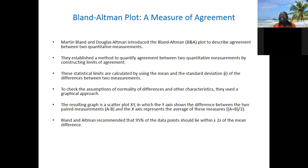If you look at it, it's a quantitative variable. What if the variable is not quantitative? It has to be measurement that has the same unit. That's another thing. Like in this case, it's bilirubin. You measure bilirubin in milliequivalents per liter, and both methods measure the same thing. But if you look at...